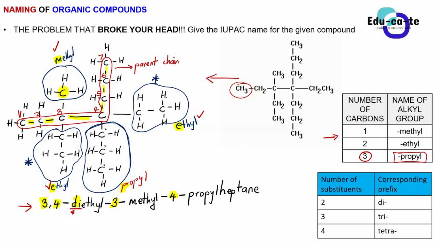But if they tell you to construct it, you can just construct the heptane as a straight chain having 7 carbons, as Sam is saying. And you put on carbon 4 the propyl, and then on carbon 3 you put the methyl. On carbon 4 again, you put the diethyl as well. On carbon 4, you put another ethyl group as well. When you are given a name and you have to write the structural formula, in that way you do what you want. You can make it a straight chain or an L shape, but essentially it must still be the same compound.